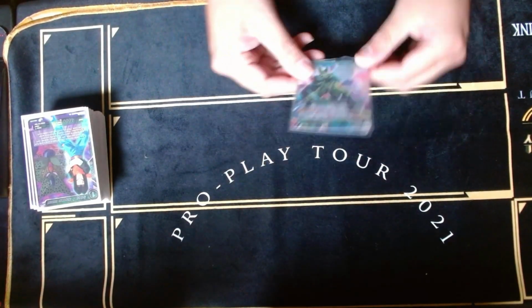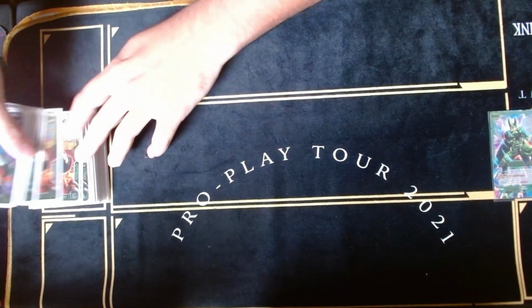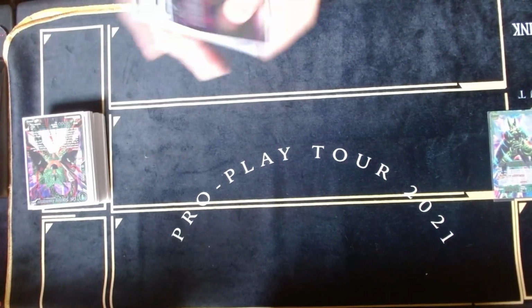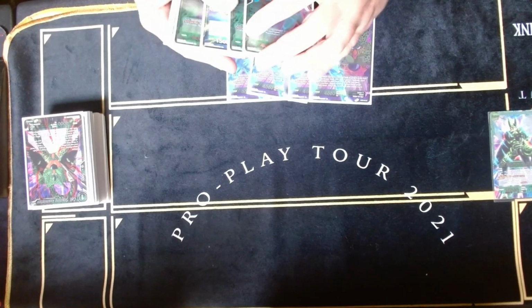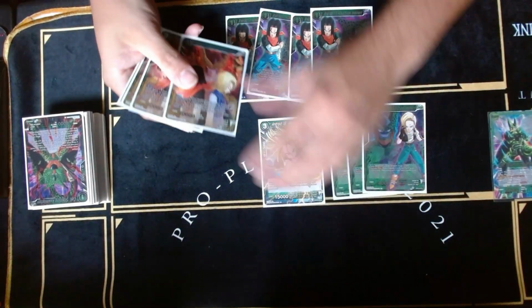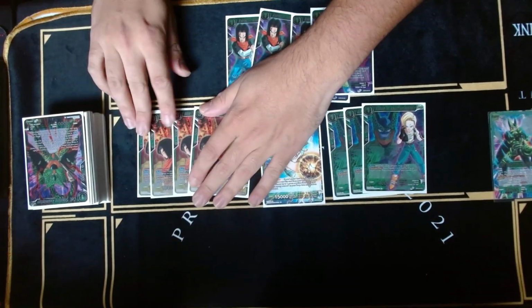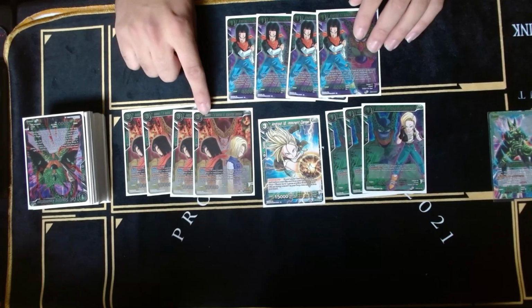So yeah, all right, enough talking about the leader. Let's go to the main engine of the deck. So let's start with the Android package. We play 4 of the 17. We play 3 of this one, and then 1 of her, and then we play 4 of the Android 17-18,